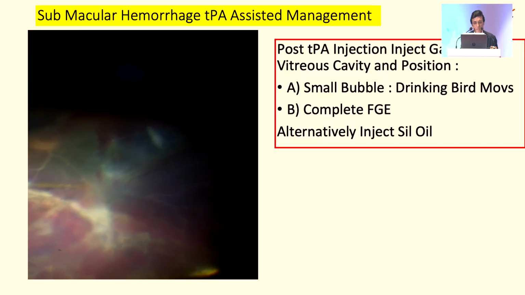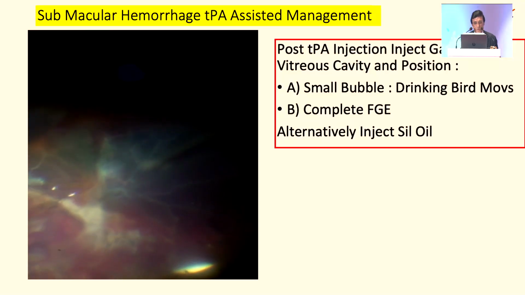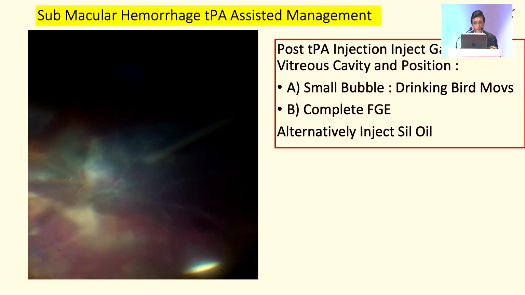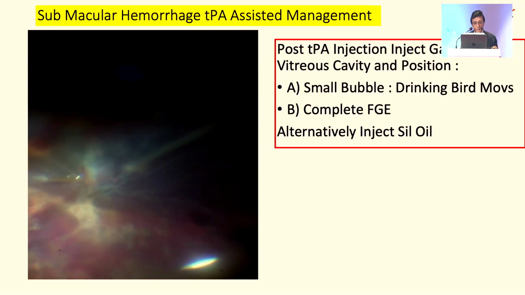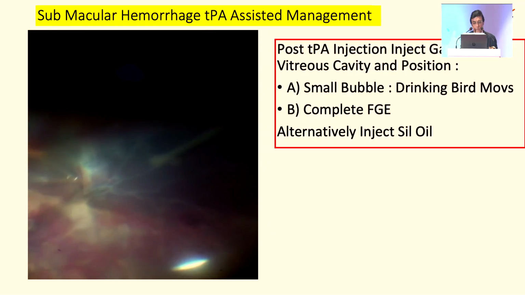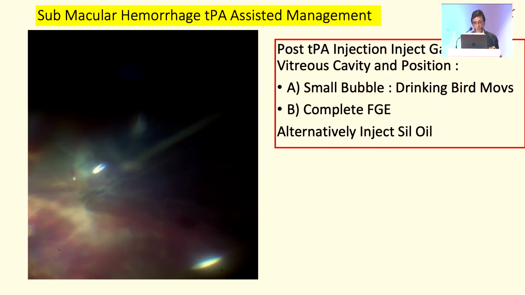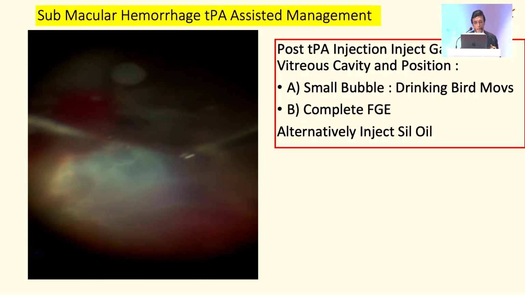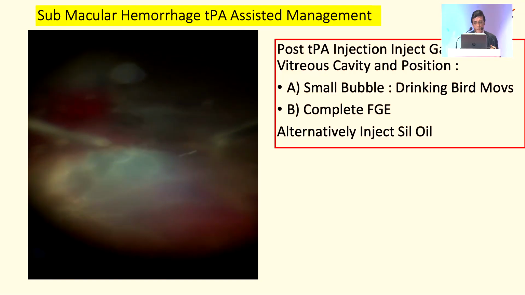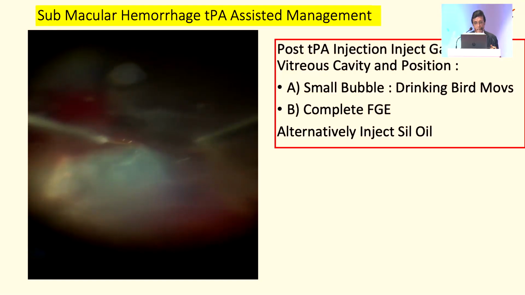You can see the change in color. There's an orange color hue you get. We have gone subretinal, injected the TPA. This was injected at 2 places. This actually had a good sound. I don't know why the sound is not coming. But anyway, this was injected at 2-3 places, and having completed that, we did a